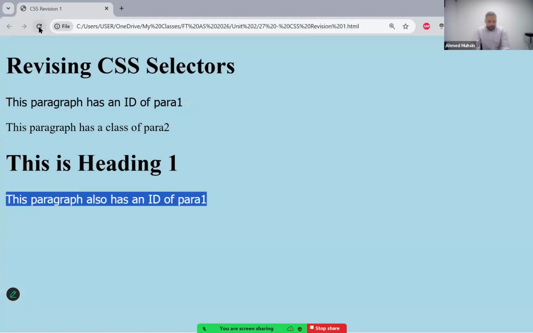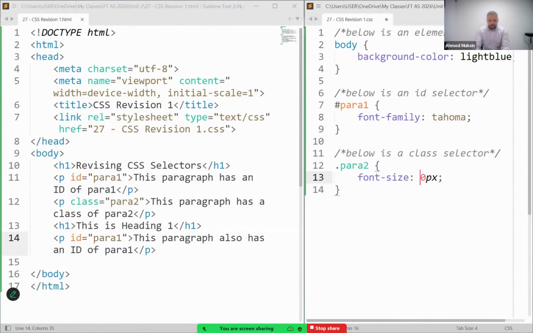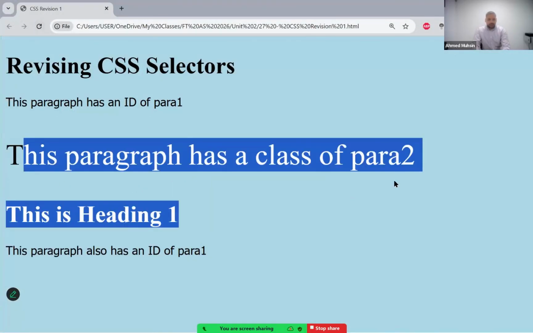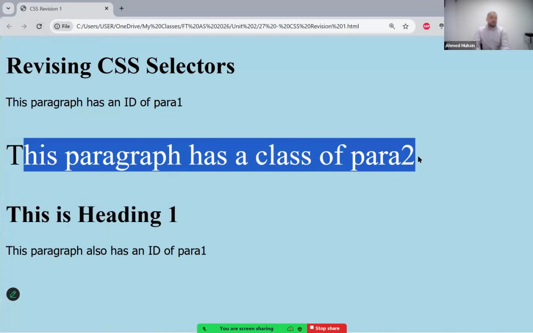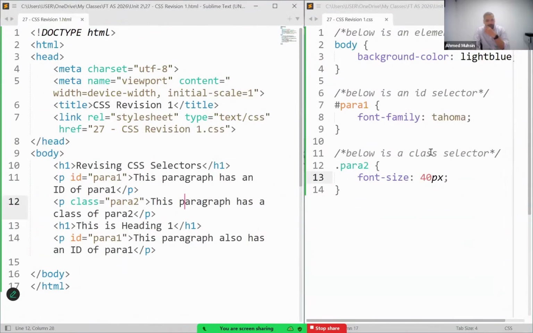when I come and refresh it, can you all see para2? 20 is too small to identify. Let's make it 40. Now when I save this and come and refresh, can you all see this particular paragraph only is having a font size of 40? We call this a class selector. You are referring to your HTML elements by their class name. And then we have one more,